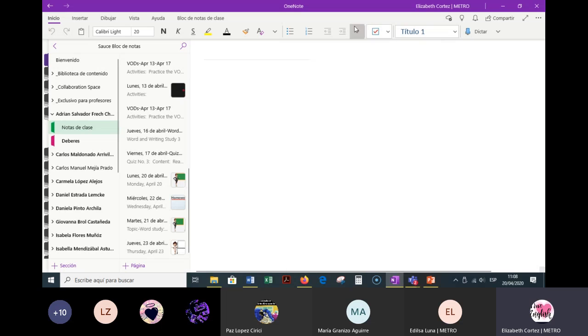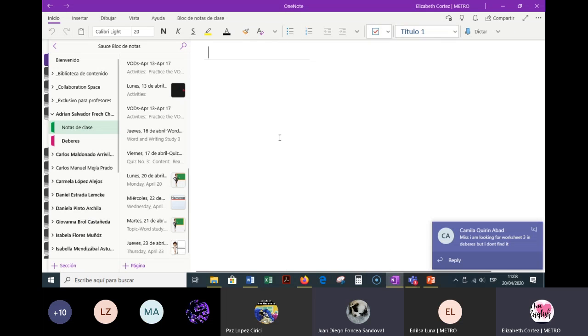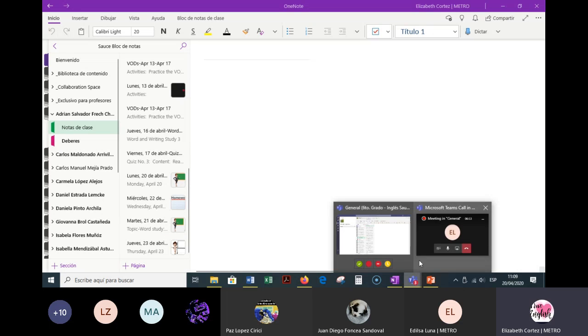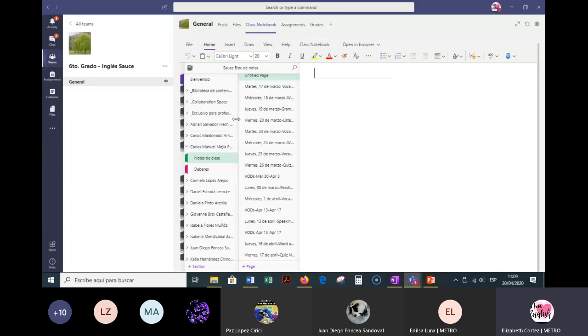So let's just try to sync our computers. We sync our computers and we can either try the app, I'll show you in a moment. We go back to Teams. For example, if you cannot see whatever I distributed, you are in the class notebook, you click Class Notebook, and you click here where it says open in browser. You click open in browser, and then you click open in app, and then try to find it in one of those options. When you come back, it will appear there. All right, let's see if we can do that.